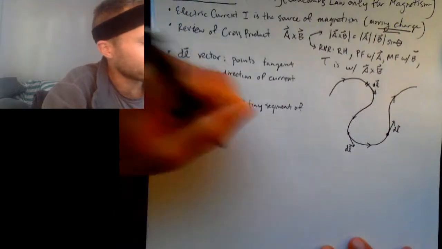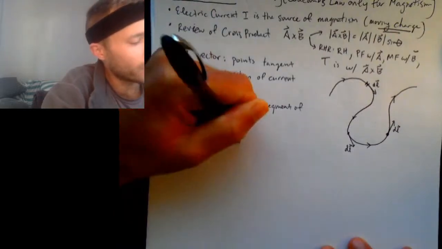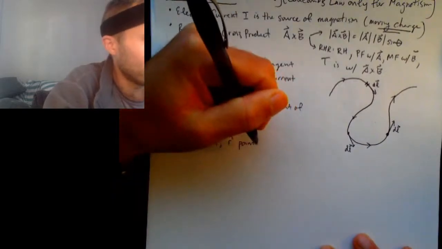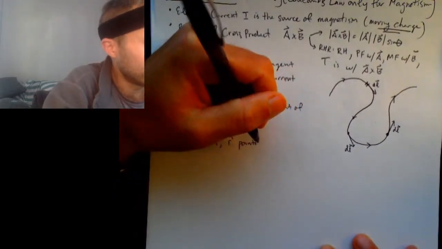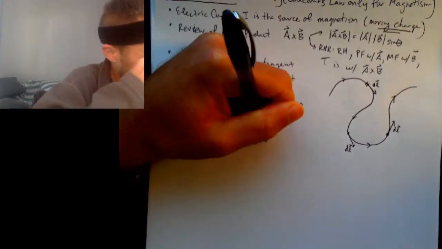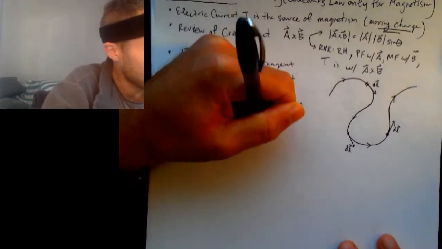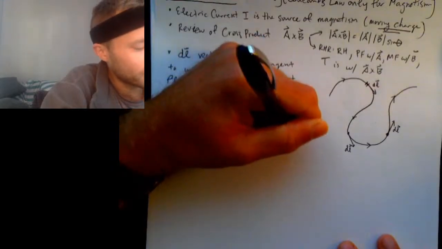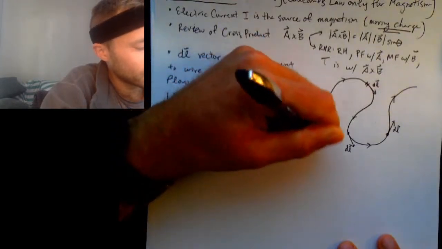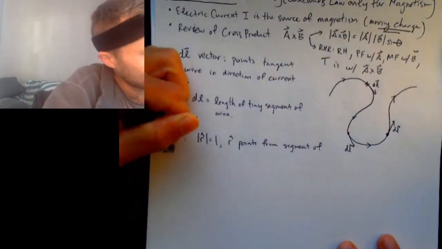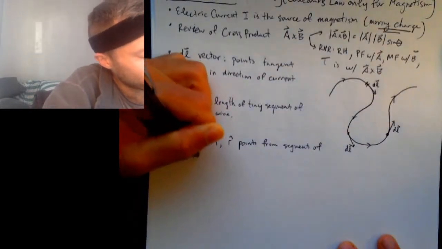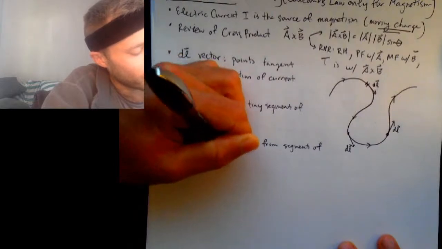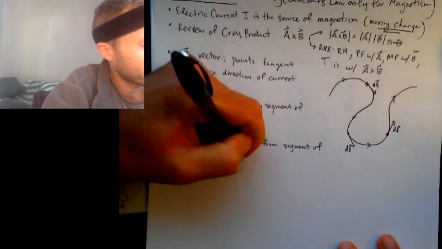And r hat points from the segment of wire towards where we want to calculate